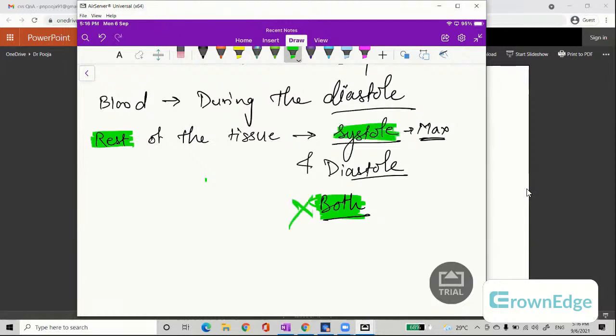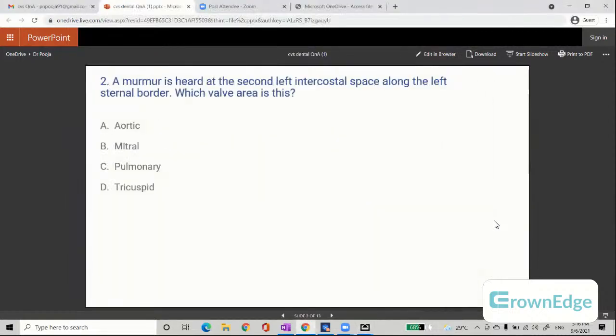Then go with the systole, except the heart. When you talk about the heart, the heart receives the blood flow during the diastole, and the rest of the tissue receives the blood flow during the systole maximum and the diastole. So both. I hope you understood this phenomenon of how this is going to work. So let's move on to the next